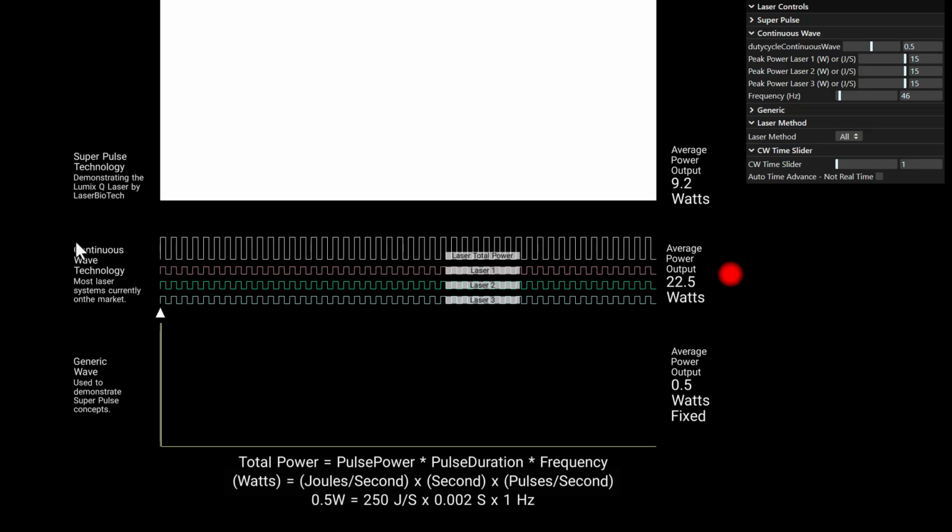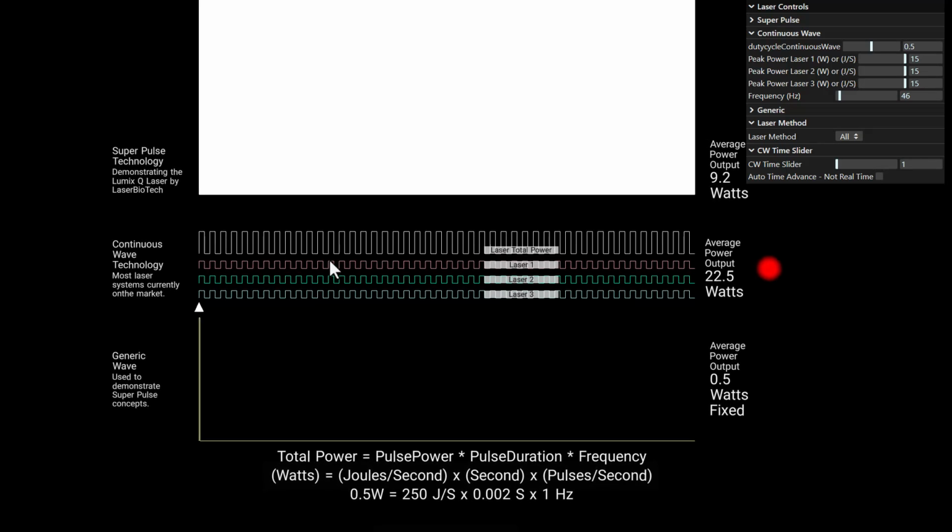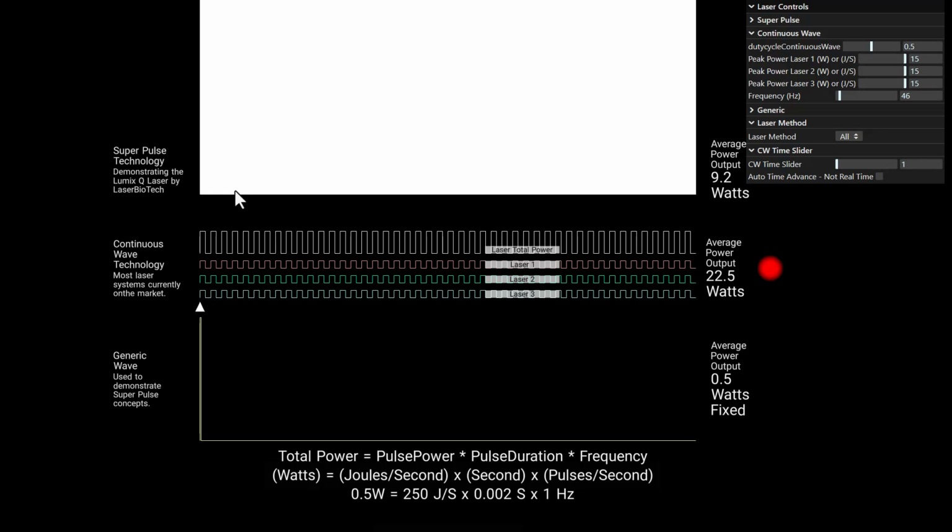salesperson that is selling a continuous wave laser. And these are the most common lasers out there on the market right now. And I want to compare that to a superpulse laser so that you can see the difference. Because there's limitations to continuous wave lasers that superpulse lasers have overcome. And the biggest thing is that you get more depth with less heat with a superpulse laser versus a continuous